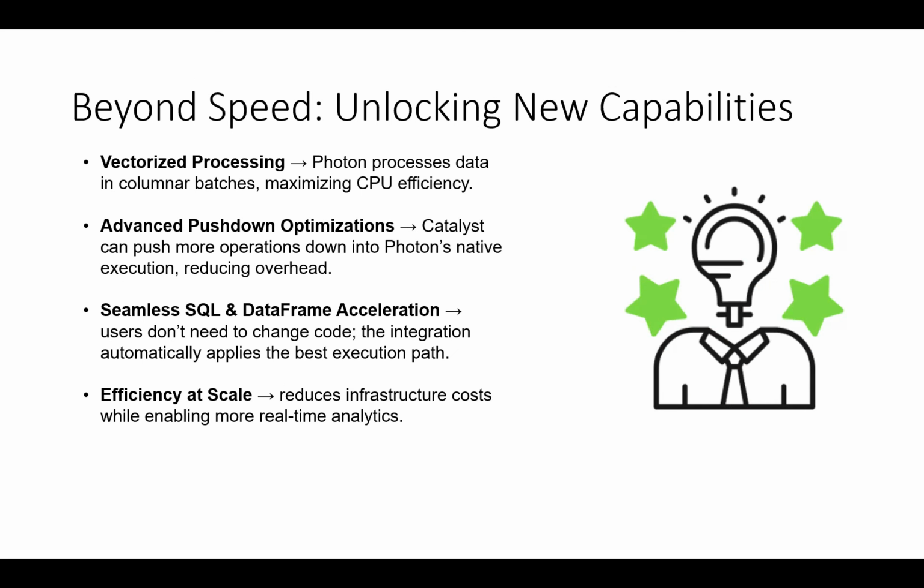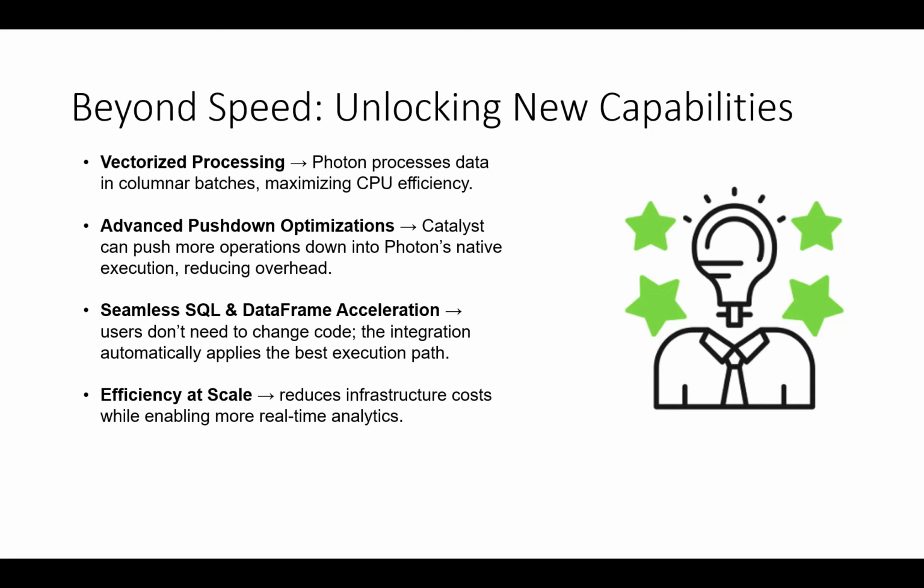And what are the new capabilities? Definitely Photon has very good speed in terms of execution. But what else? What are the other new capabilities? One is vectorized processing. We saw that it is doing execution in batches to maximize CPU efficiency. It can do advanced pushdown optimization. So when we are talking about both of them working together,